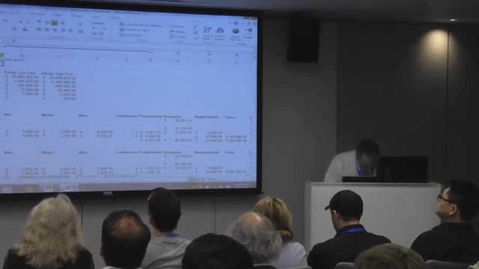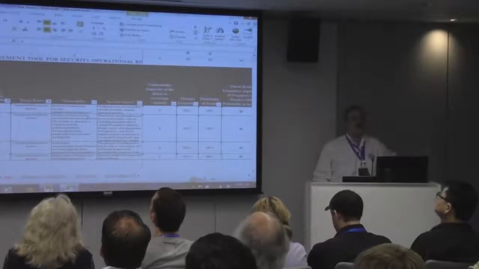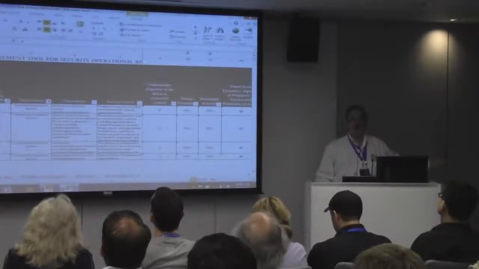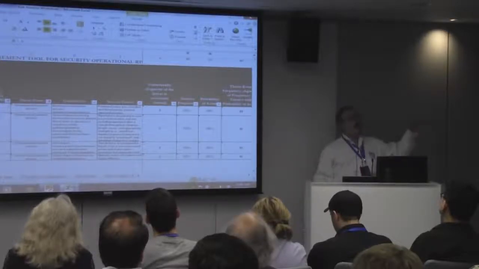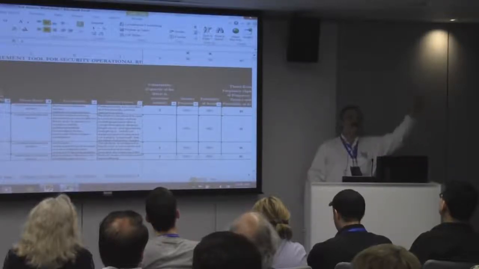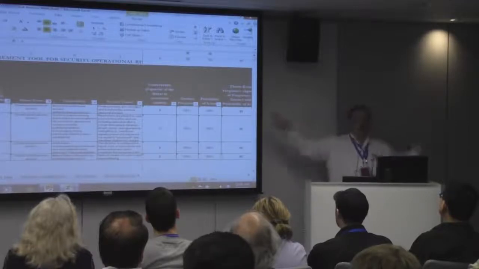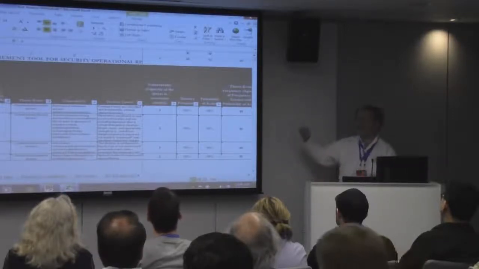So this is a tool that I built, and the reason why I built it is because, to be honest with you, I'm the security manager of a small enterprise. I don't have $20,000 to spend on somebody else's tool. I don't have $20,000 to spend on a consultant who's going to come in and tell me, oh, in order to measure your risk, what you do is you take the CVSS numbers of all your vulnerabilities from point of egress to your data point, you add them together, and that's your risk metric. I've just wasted $20,000. And by the way, there are consultants who do exactly that.